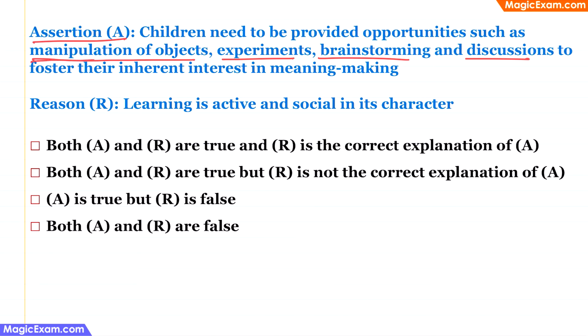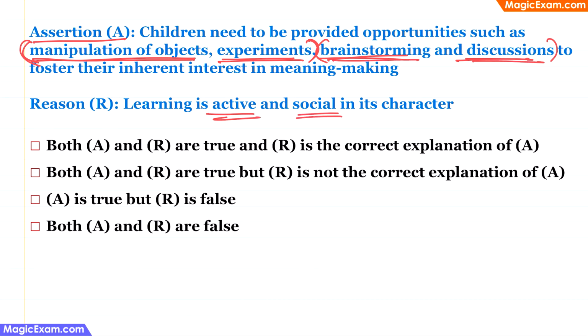Therefore, manipulation of objects and experimentation is hands-on and active learning. And brainstorming and discussions are social interactions, because when children interact with their peers, with their teachers, with their family members, community members, and brainstorm things and discuss things, then they are able to understand a lot of things better. Therefore, manipulation of objects and experiments is nothing but active learning, and brainstorming and discussion is nothing but social interactions